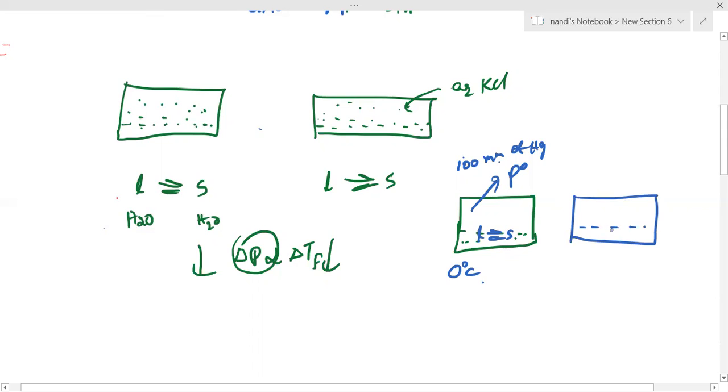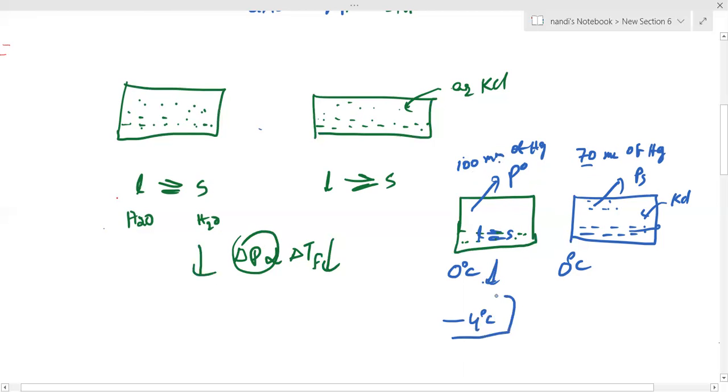This is another liquid, which contains a non-volatile solute. This is the solution, and its vapor pressure is PS. By adding the non-volatile solute, aqueous KCl, its vapor pressure decreases. Assume it is 70 mm of Hg, since the solution vapor pressure is already less. This is also at 0 degrees centigrade. But I need the same vapor pressure, because this is 70 and this is 100. For the pure solvent to also reach 70, I need to decrease the temperature, because when temperature decreases, vapor pressure also decreases. Decreasing the temperature, it may become -4 degrees centigrade or like that.